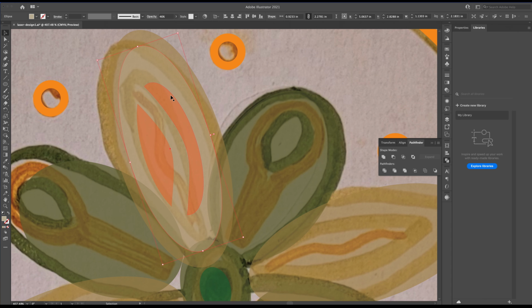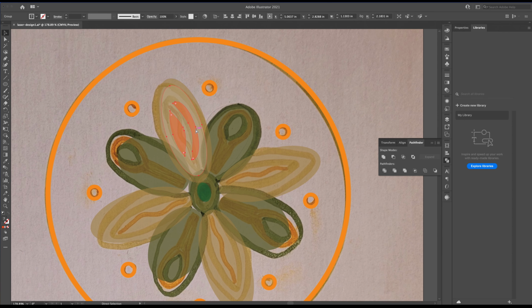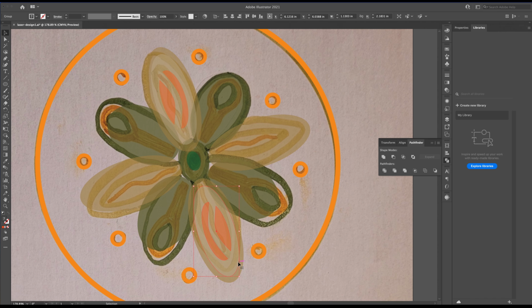So now I've got this shape, I've got this shape. I'm going to select them both by holding Shift. I'm going to group them by doing Command-G or go up to Object and Group. And now that they're grouped, I can go ahead and copy and paste. So Command-Shift-V again. I'm going to rotate it this way, come down here and place it. Let's get that nice and lined up. That looks good. And then I'll grab both of these, copy, Command-Shift-V,